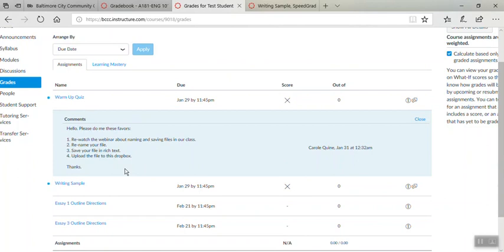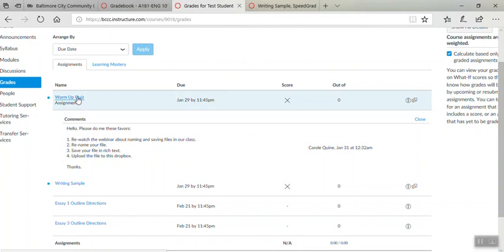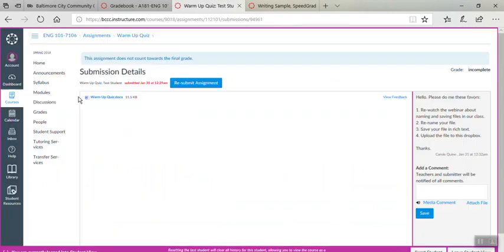How did the student name his file? Let me see something. If I can click on here, we can just go into the file. Yeah, here is how I, as the pretend student, named and saved my file. This is incorrect, right? We have a specific way of naming and saving files in this class. For instance, if my name were Sue Smith and I was submitting my warm-up quiz, it would have been